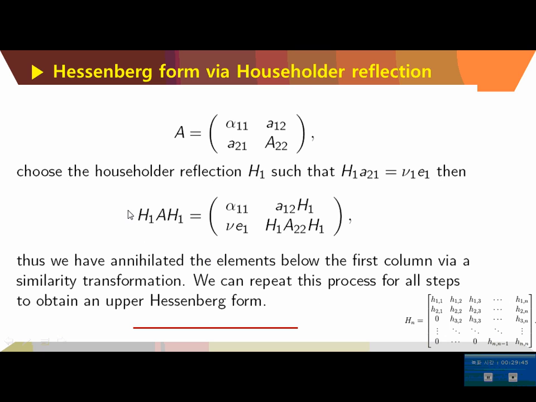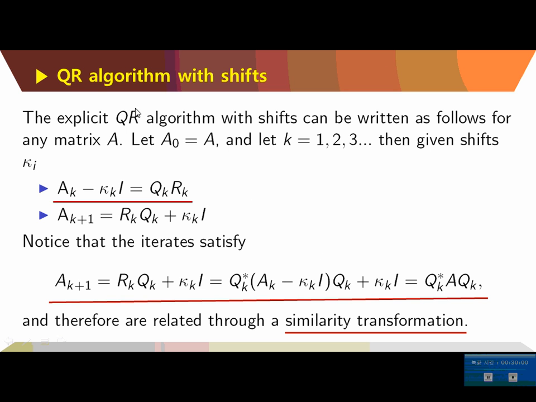So eventually, after certain steps, for this matrix we can find a similar matrix, which has the same eigenvalues, whose form is a Hessenberg form like this. Then it is much easier to find the eigenvalues of such a form. It's almost an upper triangular matrix.